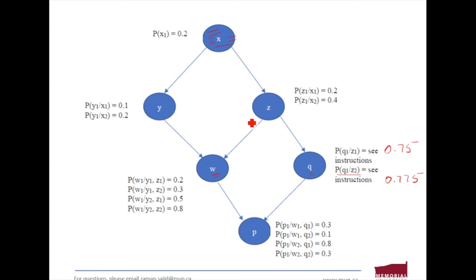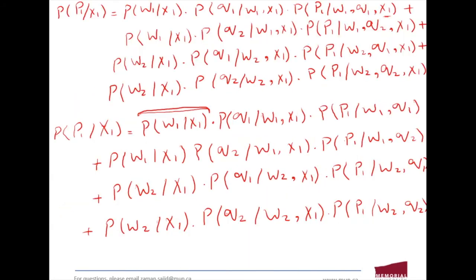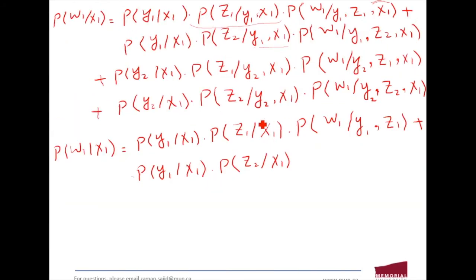Assume this network. And the same rule apply on the last term, which will be W1 given that it will be Y1 and Z2 plus